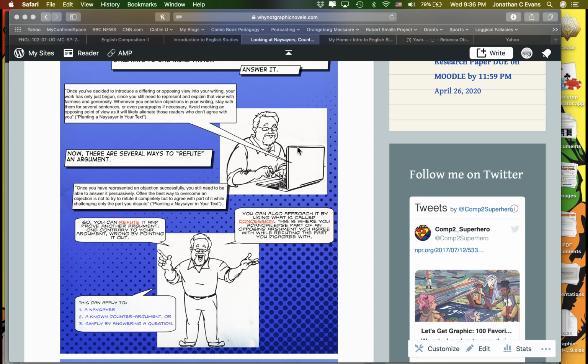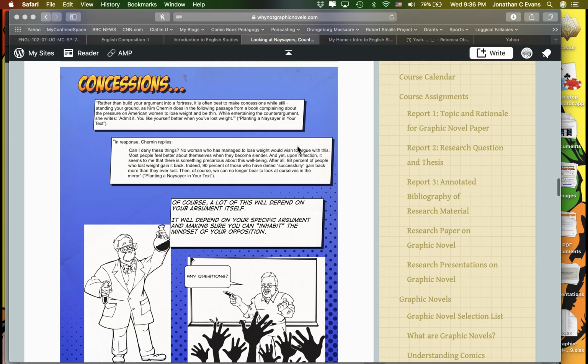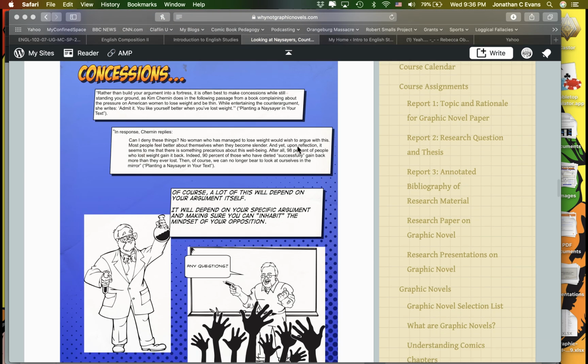There is the ability to refute, and there's also the ability to engage in what's called concession. I want to talk more about concession next week, but the general idea behind a concession is, if you're familiar with the adage from football, the bend-but-don't-break defense, or the idea that you can give a little ground but you don't give up the fight. The idea of a concession is you are willing to sort of meet your opposition halfway. You may be willing to give a little ground, but you're not going to give up the argument.